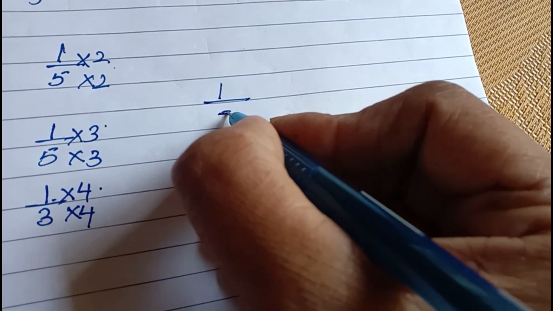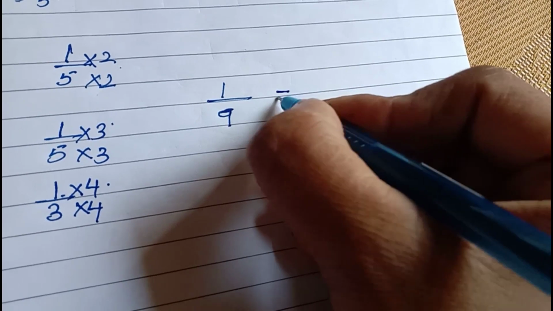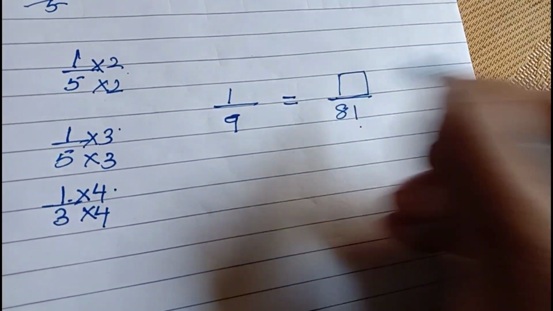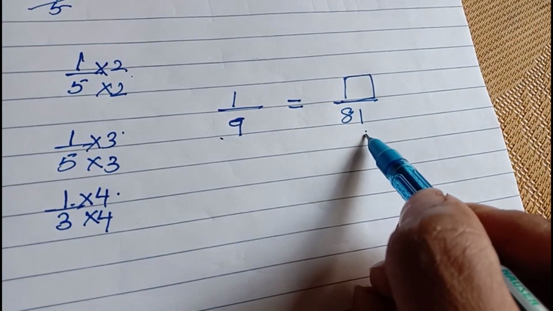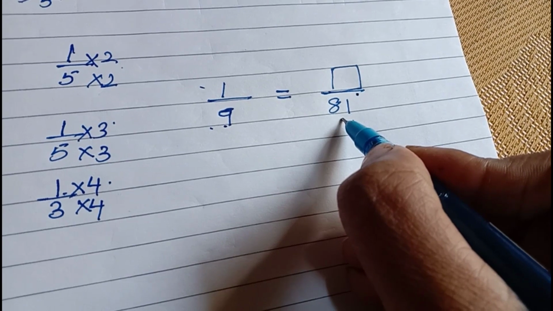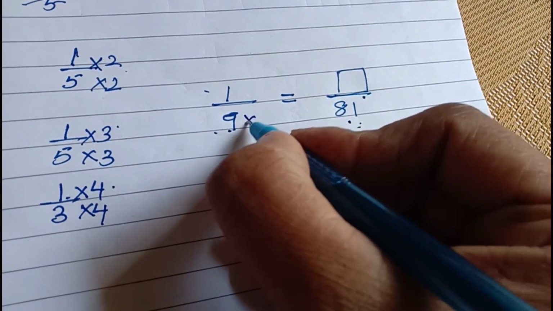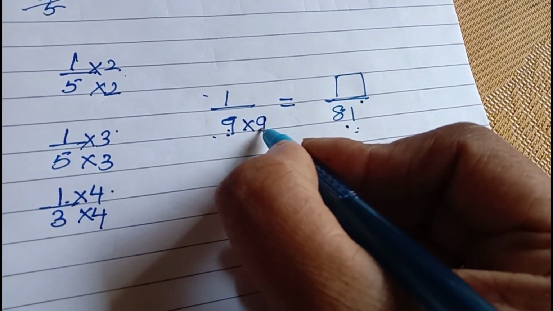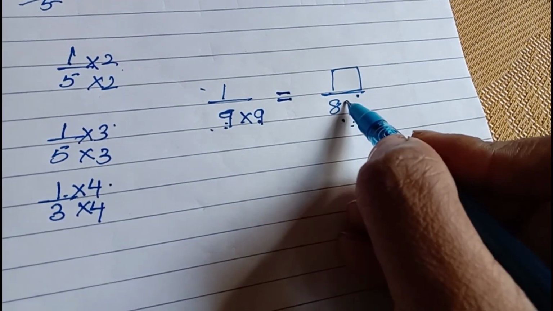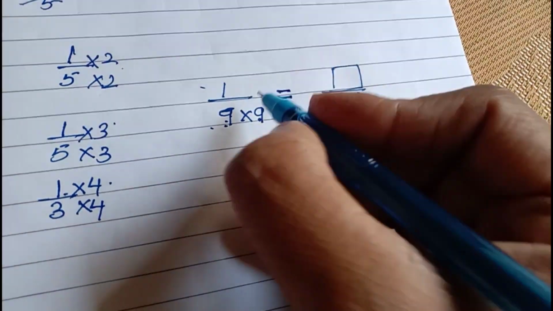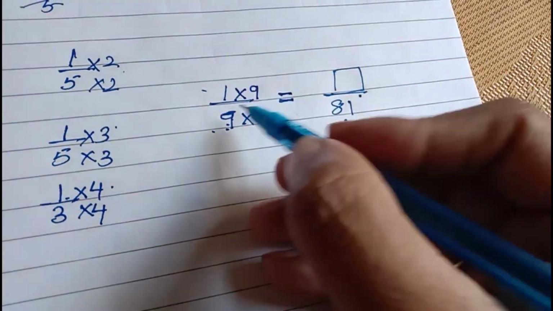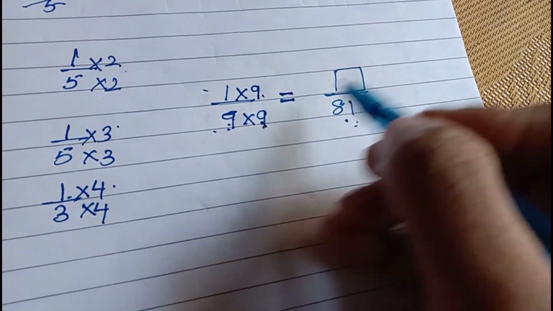Now you may get these kind of questions also. 1 by 9 equals to blank by 81. Now this kind of question if they are asking, so 9 को 81 बनाने के लिए what you do? You multiply with 9. 9 9s are 81 and here I have equals sign, that means they are equivalent fractions. When they are equivalent fractions, you will multiply numerator also with the same number, से multiply होगा, तो यहाँ पे क्या आएगा 9.